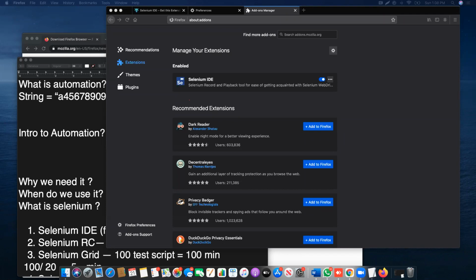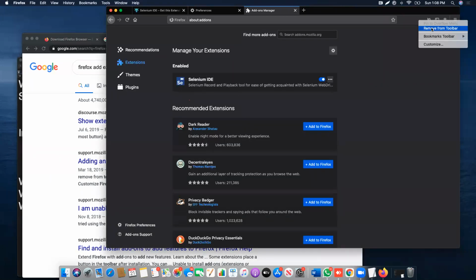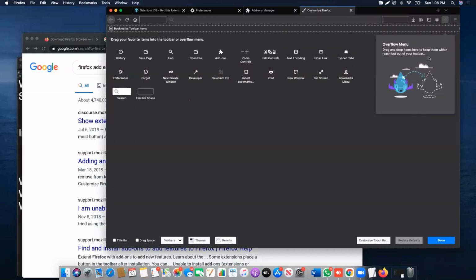Okay, so if you do add extension to toolbar on Firefox, it shows us this, right? So let's just go with it together, okay? And that's how you solve problems at work too. So right click on toolbar and select customize, open menu, and then blah, blah, blah. Okay, right click and then customize. Wow, this was like